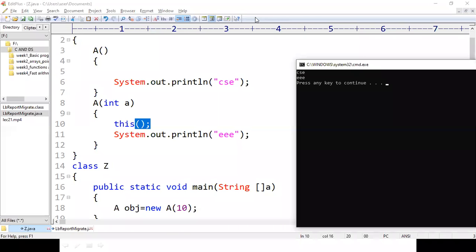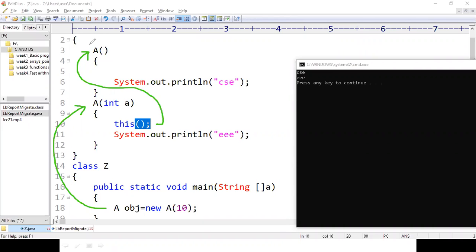So here, when I have created an object by passing an integer value, the compiler is going to execute this particular constructor which has one integer parameter. When this integer parameter constructor starts execution, the first statement inside the constructor is this keyword with 0 parameters, which tells the compiler to execute another constructor present in the class which takes 0 parameters.